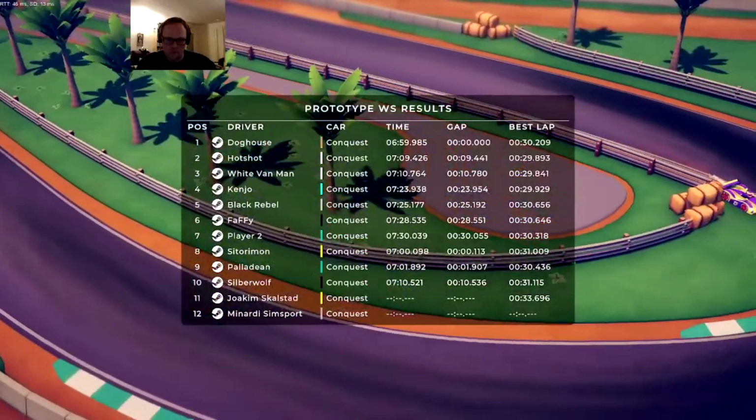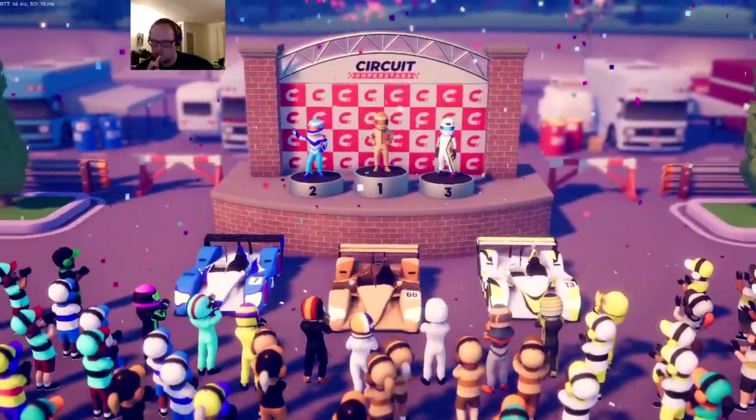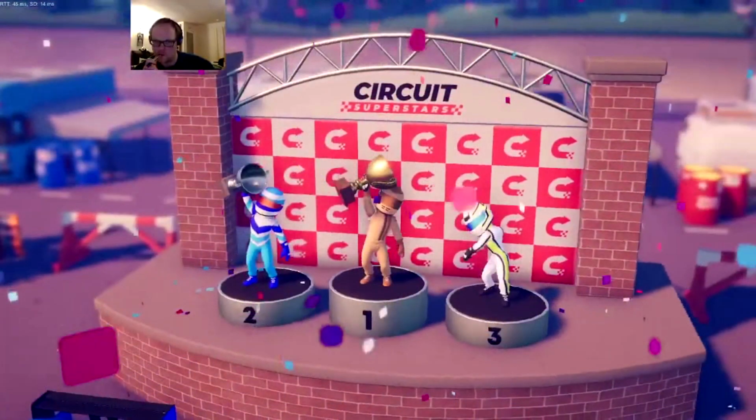Faffy 6th, player 2, another fine 7th, Satoramon 8th, Paladin running out of fuel down to 9th, Silverwolf 10, and Joachim Skaustad didn't finish the race but was classified 11th ahead of Minardi Simsport. And there you can see Doghouse celebrating because that means he is now one step and one hand pretty much